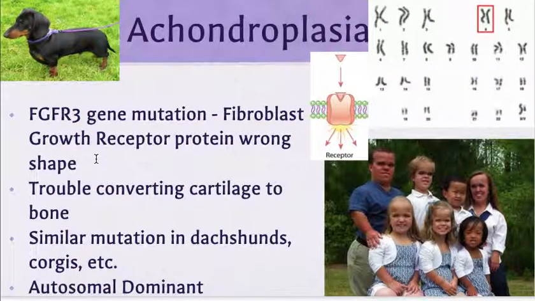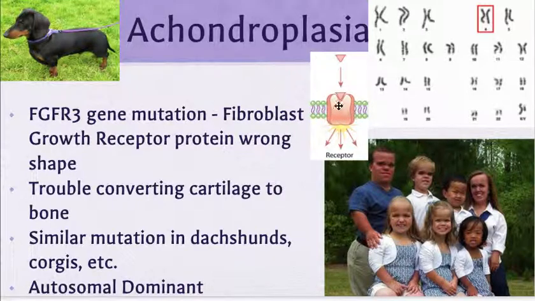Okay, and then achondroplasia. This happens when you get a mutation in a gene called FGFR3, the fibroblast growth factor receptor protein. Kind of like cystic fibrosis, this just sits in the cell membrane, and what it's supposed to do is receive a message from outside the cell, and then it sends a signal inside the cell. And specifically what that signal is, it's supposed to tell that cell to start converting cartilage into bone. But that can't happen correctly